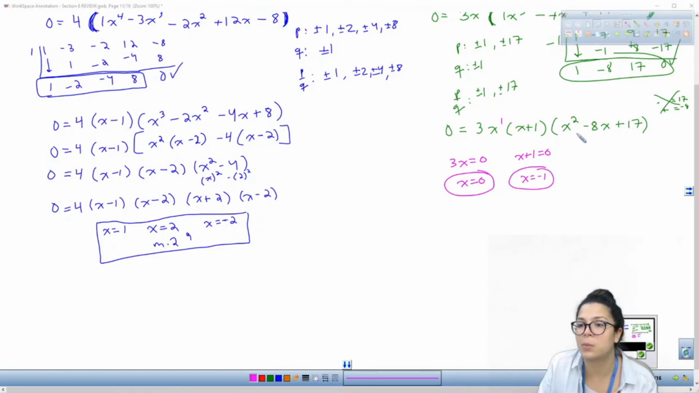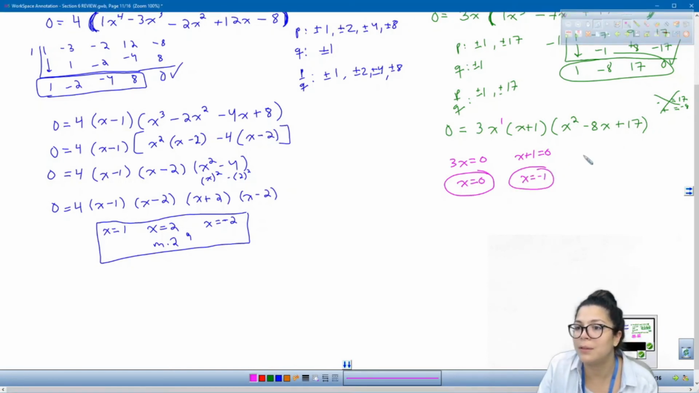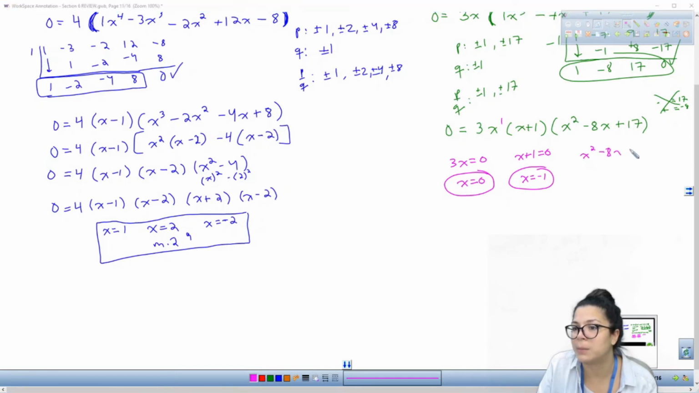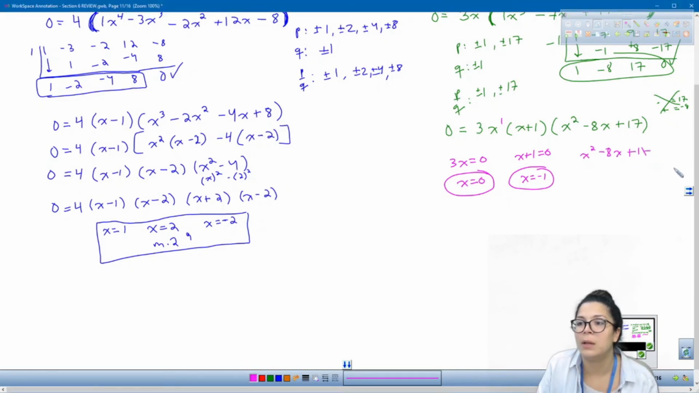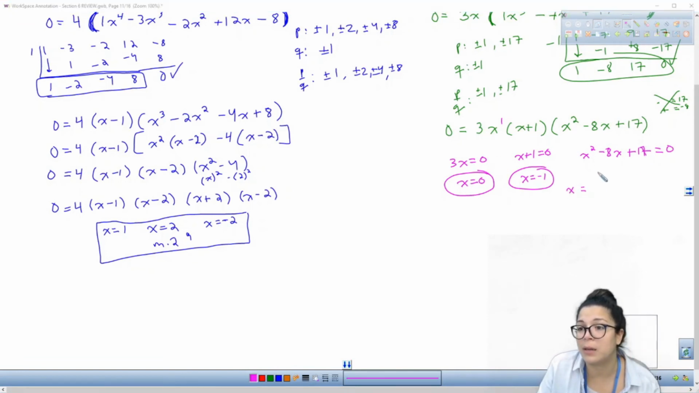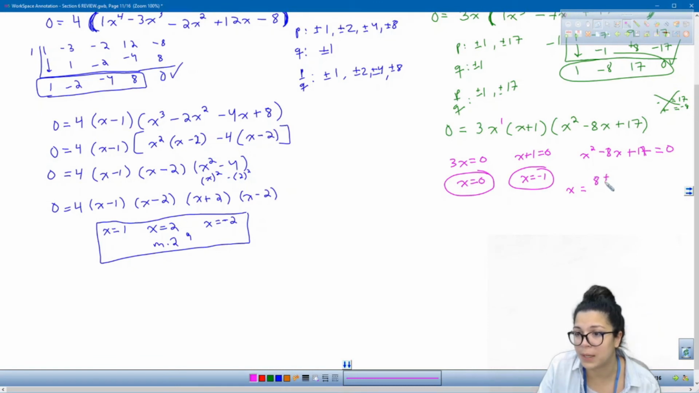And then what about this one? All of that, x squared minus 8x plus 17 equal to 0, we can't factor. So what do we do? Well, it's a quadratic, right? So we could use the quadratic formula. X equals negative 8, which is positive 8, plus or minus the square root of negative 8 squared, minus 4 times 1 times 17, all going over